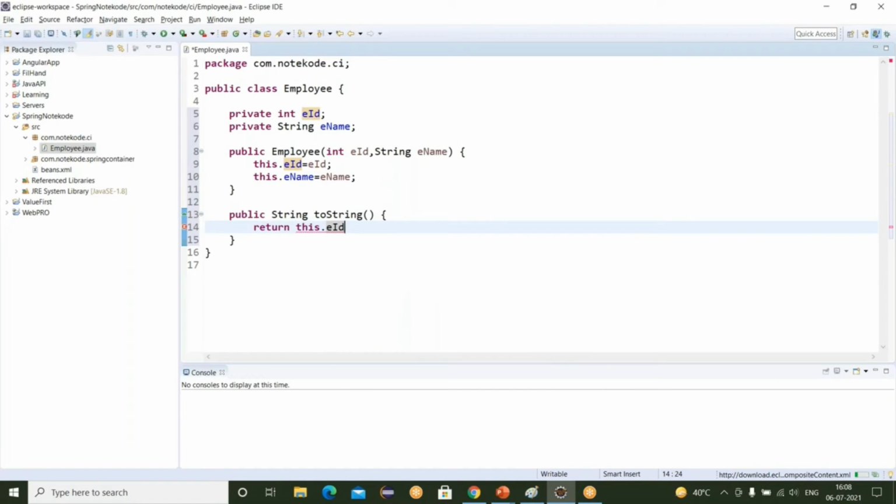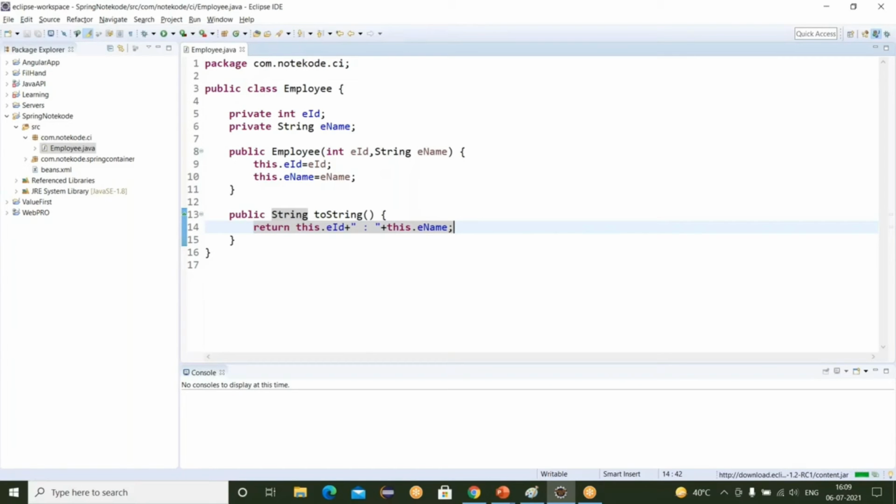EID, just giving some space between ID and name, and this.ename. Okay, let's save this. Our employee class is created.